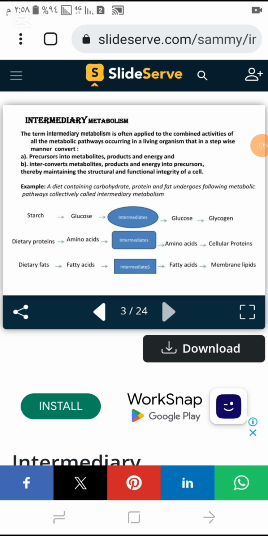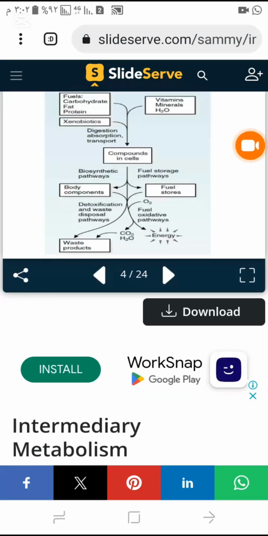Dietary proteins that are converted into amino acids by digestion give intermediates that will give again amino acids that are stored as cellular proteins. Dietary fats will be converted into fatty acids, and fatty acids will be utilized in making membrane lipids. This slide illustrates the fate of all what we take in our diet